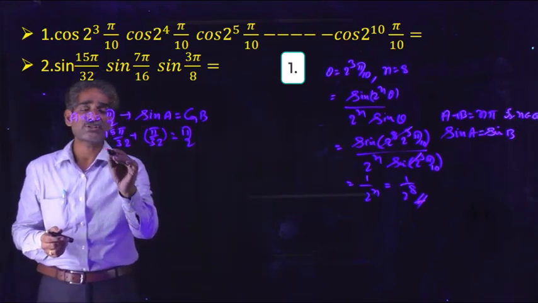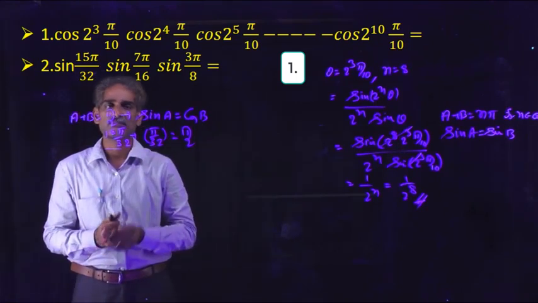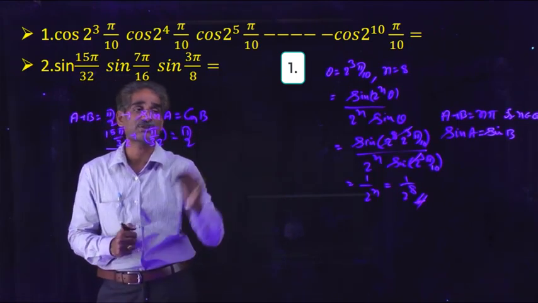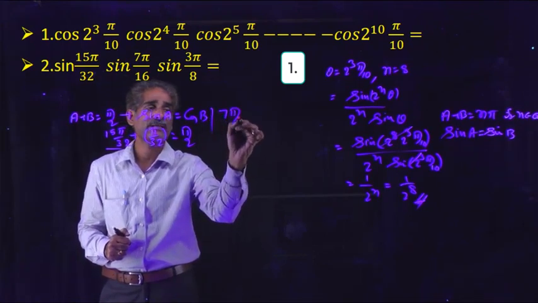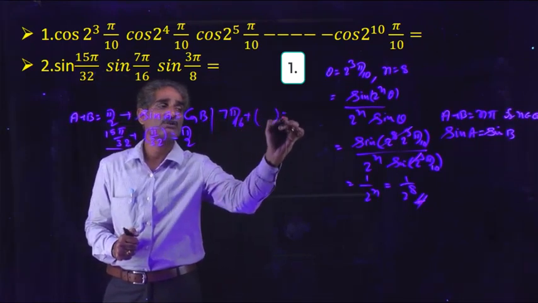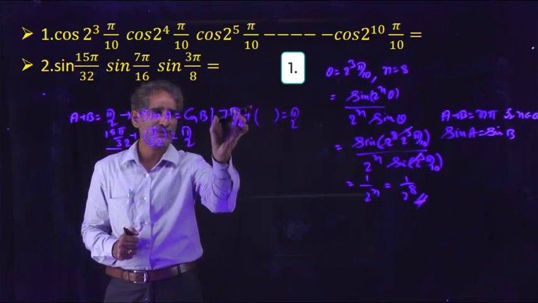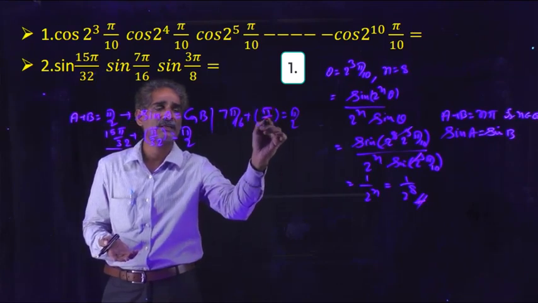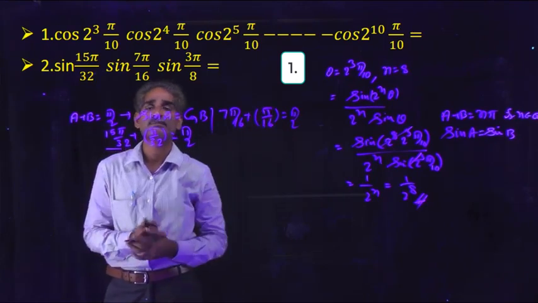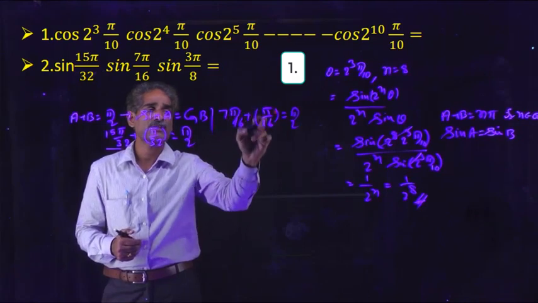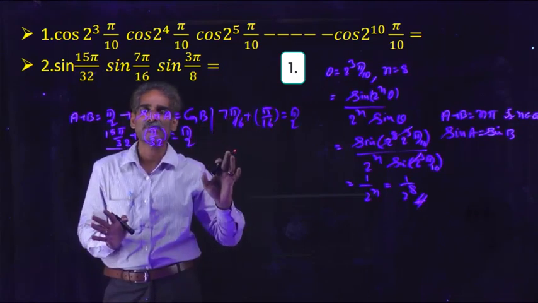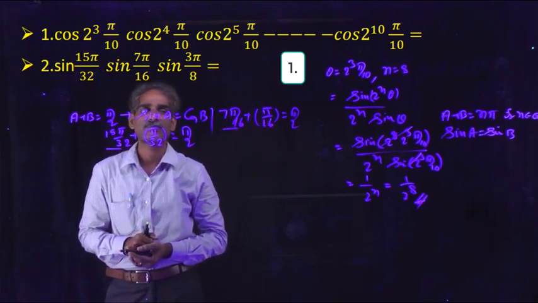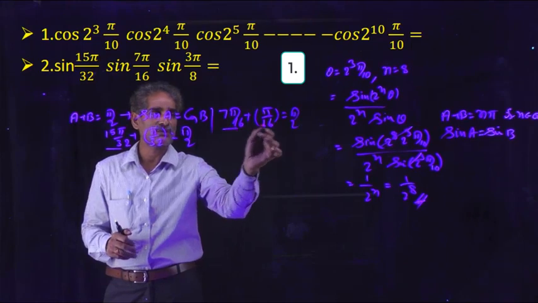Here sine of this is nothing but cos of this one, with the help of this formula. Next see the second angle, 7 pi by 16. Plus how much gives 90? If 8 pi by 16 is there, we will get pi by 2. So what is required is just pi by 16. 7 pi by 16 plus pi by 16 is 8 pi by 16, that is pi by 2. So here also sine of this equals cos of this one. Sine of 7 pi by 16 equals cos of pi by 16.